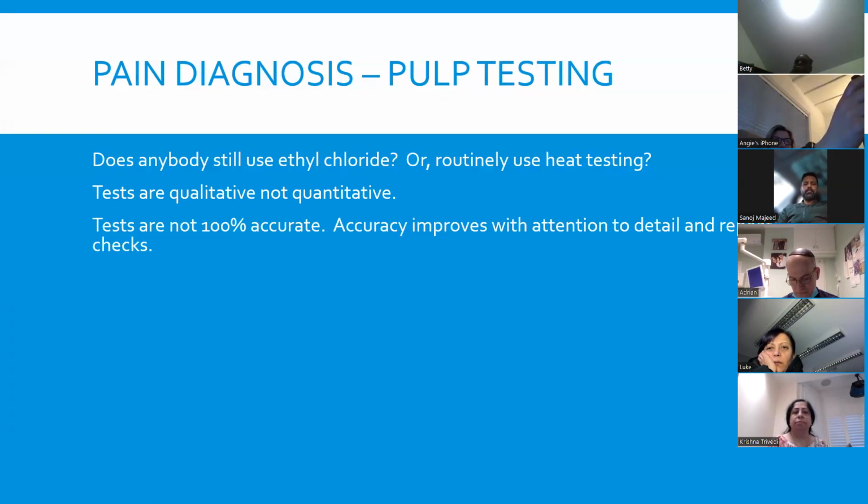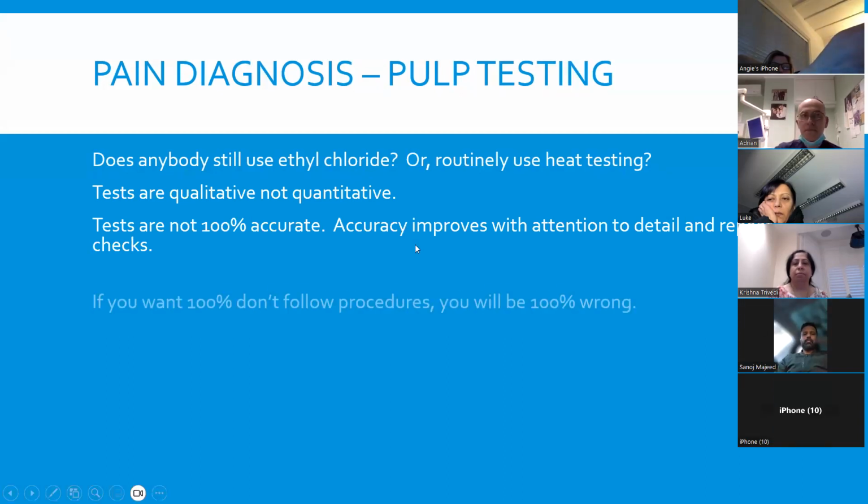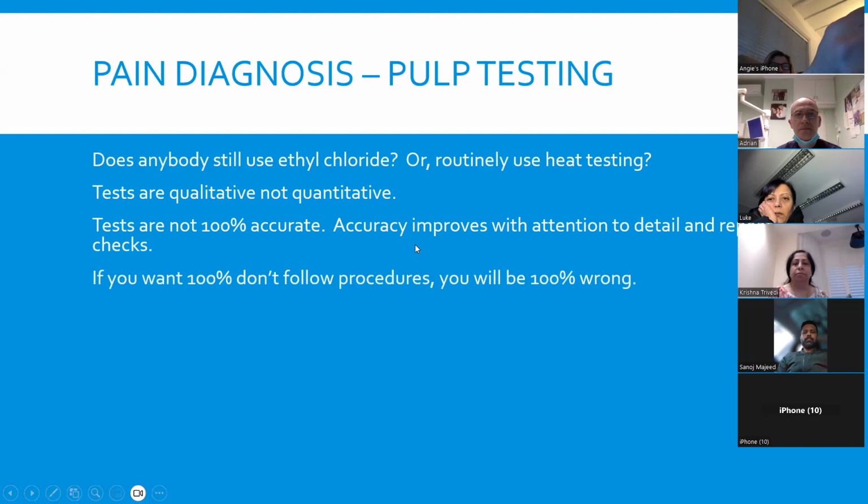The tests are not 100% accurate. The accuracy improves with attention to detail. It improves with redoing the tests as well. So if you do it twice, you're more likely to get an accurate result if you need to. If you want 100% accuracy, don't follow the procedures. You'll be 100%